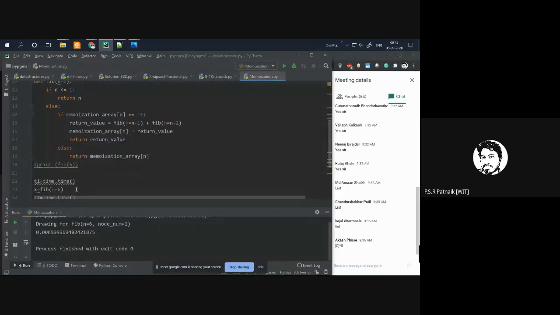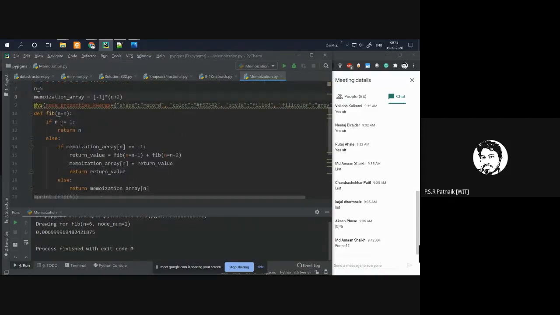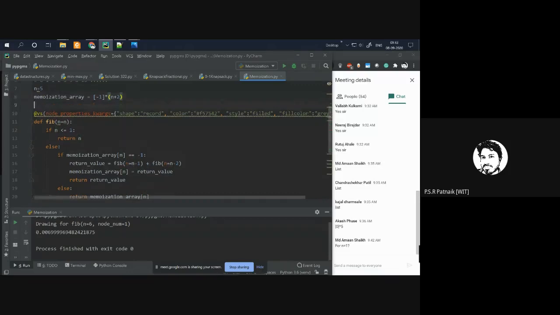Now, for n is equal to 1, I am not doing anything because I will just be returning the n value, since I'm not calling any recursion. But if you want, instead of returning n, you can return memoization array of n, and you have to initialize memoization array of 0 is equal to 0.